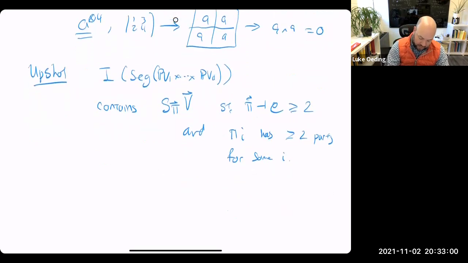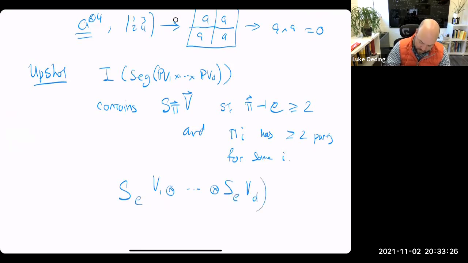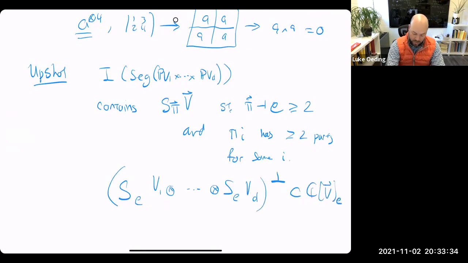With a little bit more work, the only thing that's left out, this is also SD of V1 tensored with SD V, or this should be an E. So it's the orthogonal complement of this inside of C of V vector sub E. And you can check that the pure powers, tensor product of all the pure powers is non-zero. And in fact,